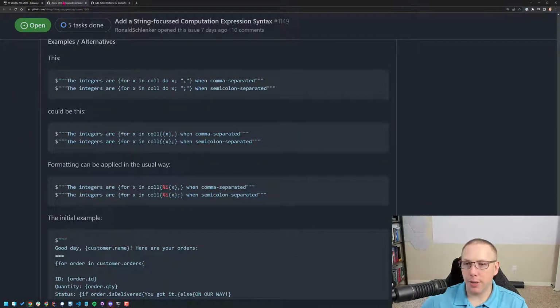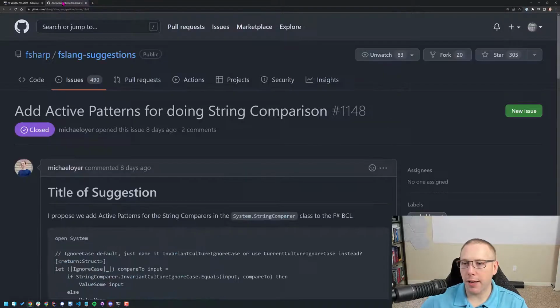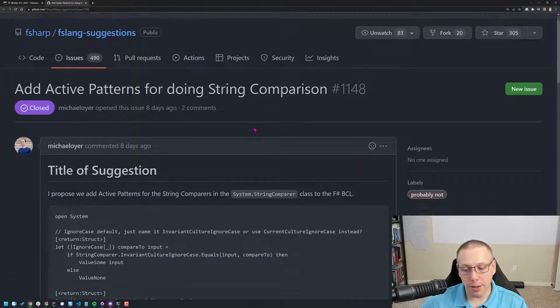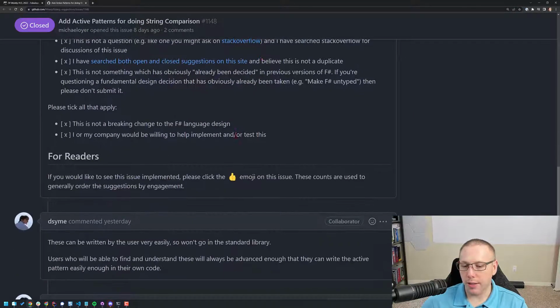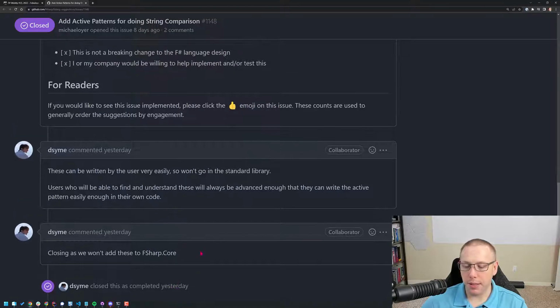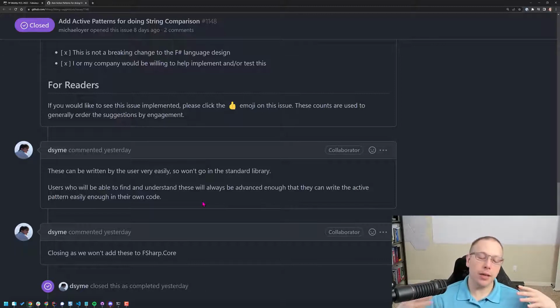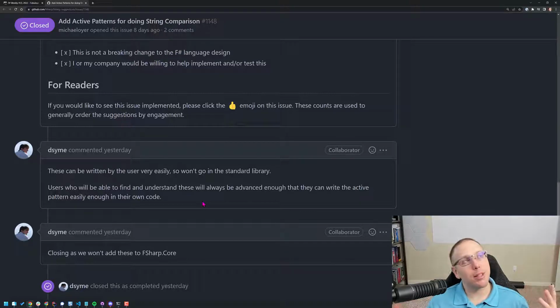The other recommendation was the active patterns for doing string comparison. Now, this has already been answered with, hey, we're not going to do this, because it's easy enough for a user to basically copy and paste this code or write their own thing. A good thing to understand here with F#, and I'm not actually on the design team or anything like that, is what I've observed about Don and the people in charge of